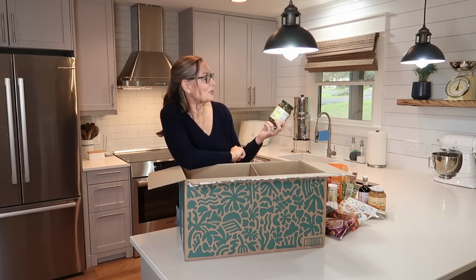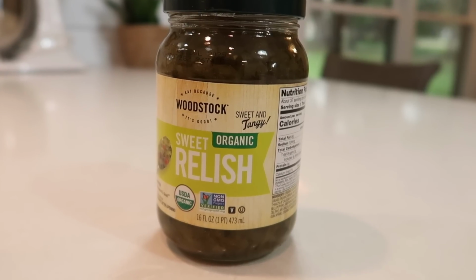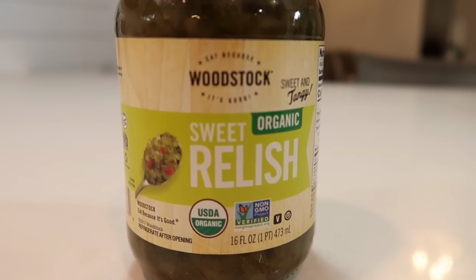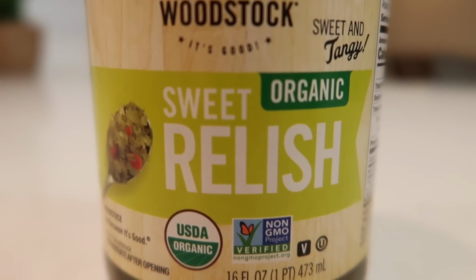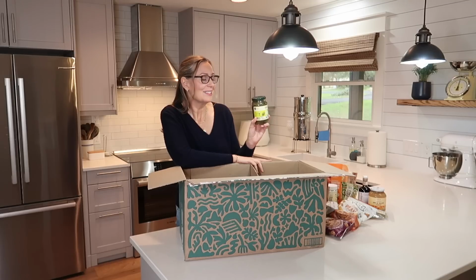And I am anxious to try their sweet pickle relish. We love making tuna salad, and I have a few other recipes that call for sweet pickle relish. And the ones that I find at our local store all have high fructose corn syrup. I have a really hard time finding any with just natural ingredients, and theirs is. It is organic, and it doesn't contain anything yucky at all. So I am really excited to give this a try, and if we like it, I will definitely be repeat